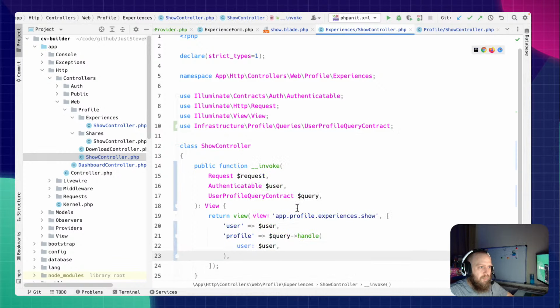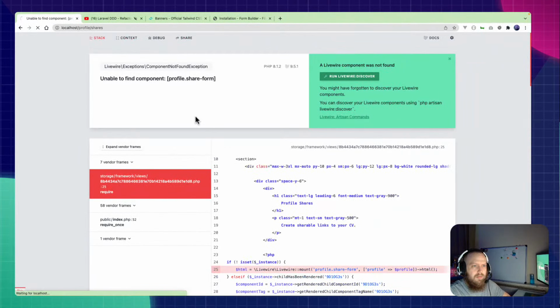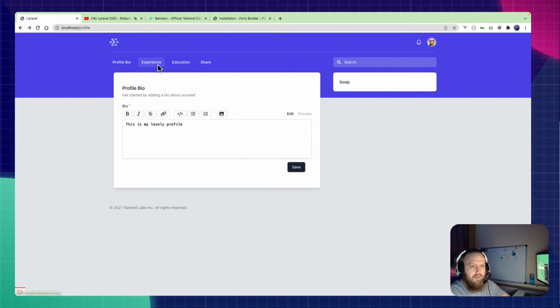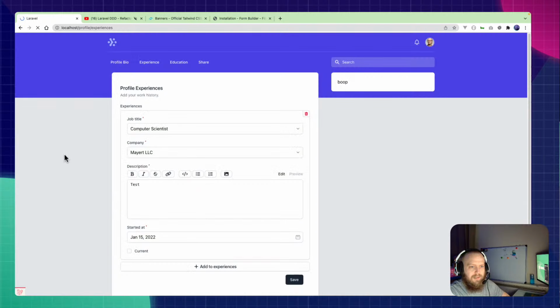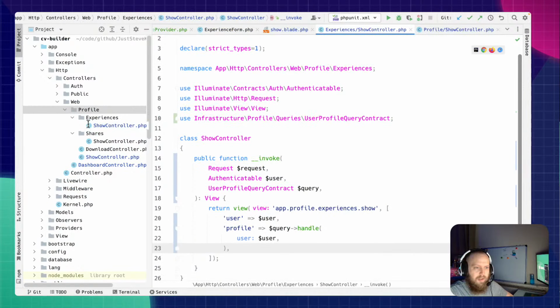There we go. So let's go look at, not shares, experience. Let's see how this dies. This is working so far. Perfect. So if I come back a second,